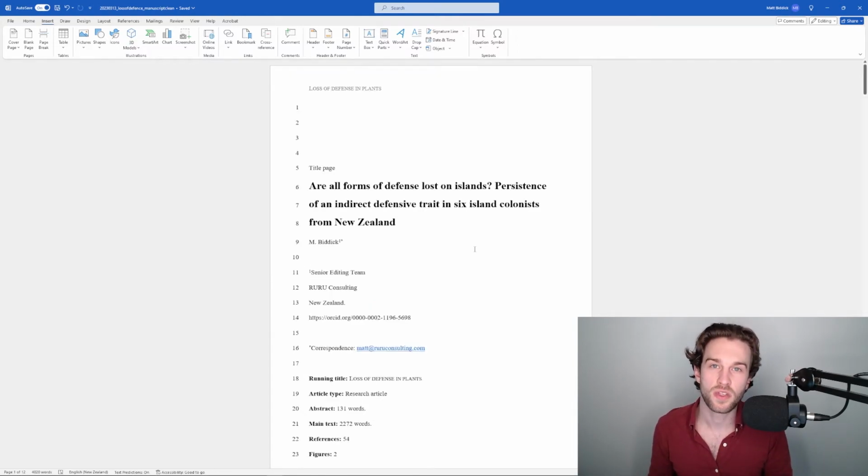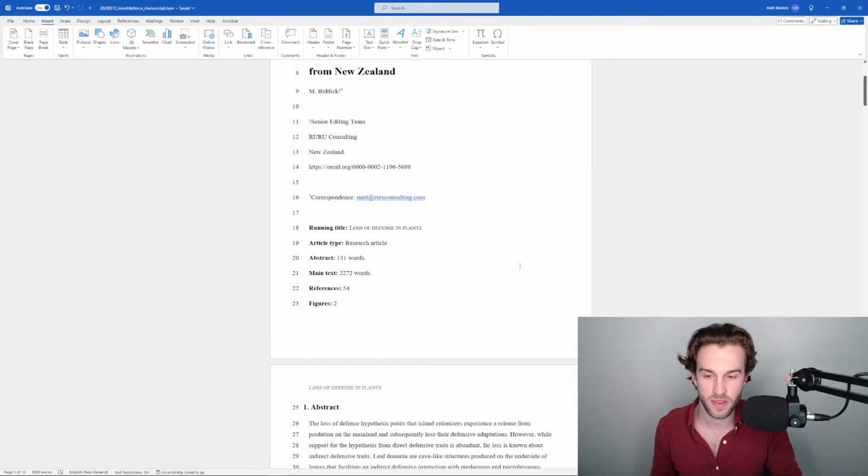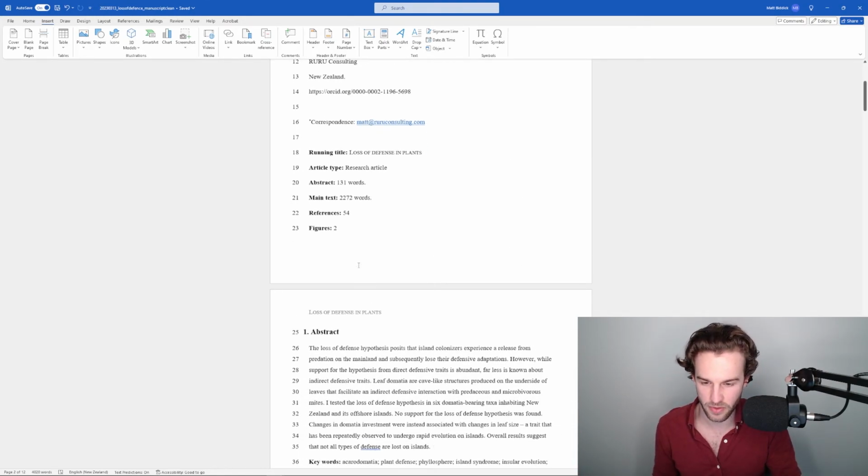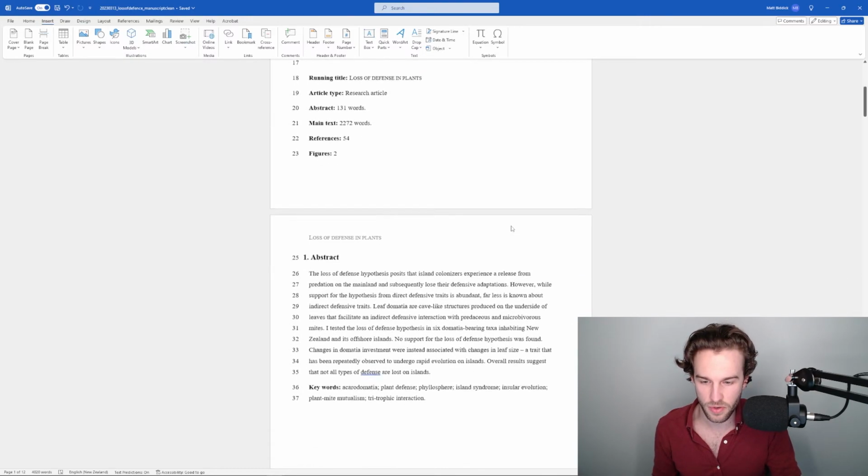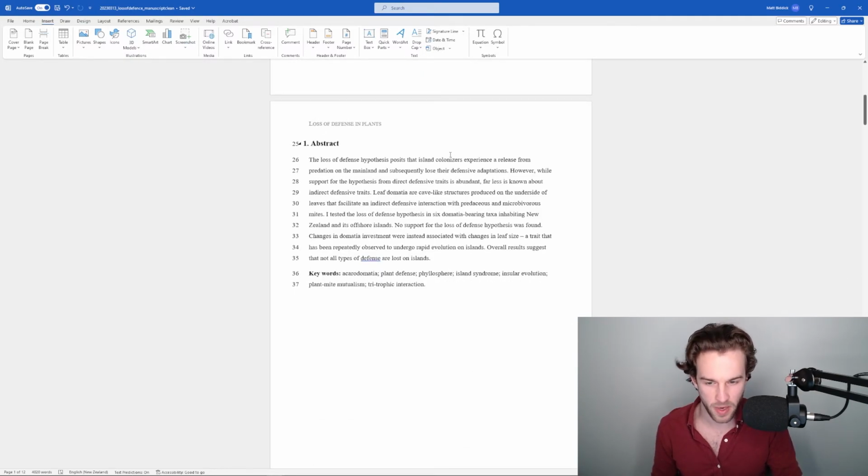So the next thing you're going to want to do is take your abstract and put it on its own page to be viewed in isolation. In this case, the abstract happens to fall perfectly onto the next page. If that weren't the case, simply come up here and add a page break, and then that'll do that for you. But here, we're just giving the abstract its own page so that the reviewers can read this in isolation